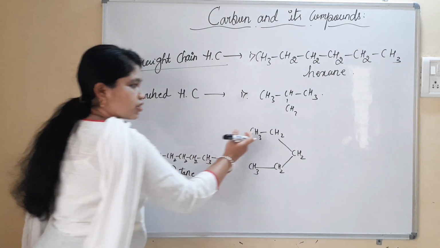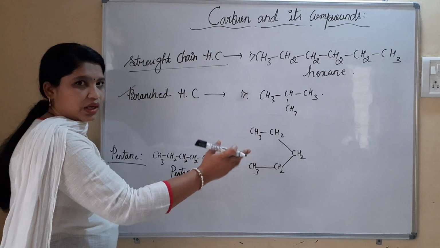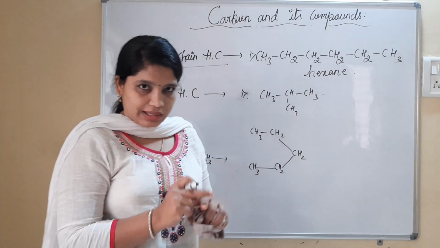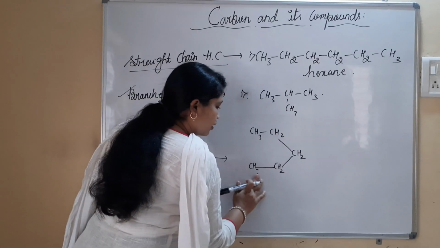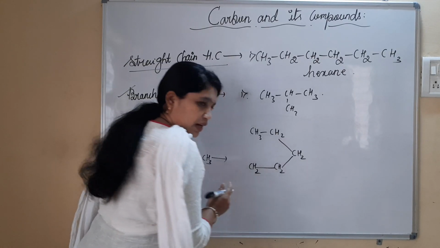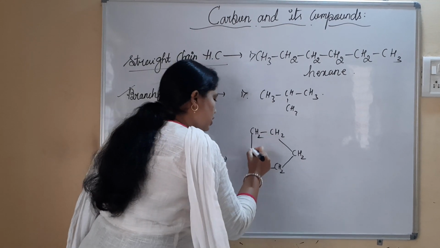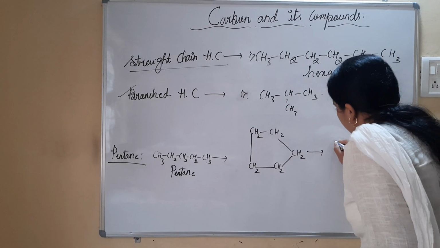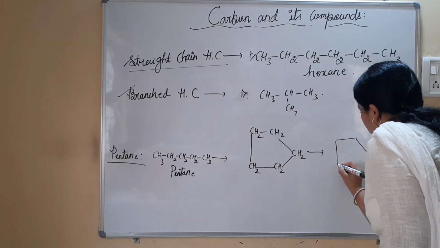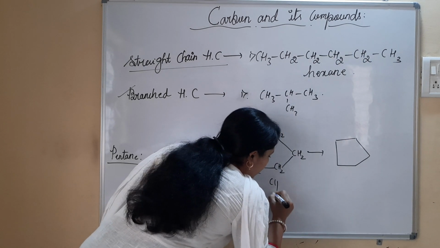The straight chain can also be written in this fashion. No issue. It is not considered a branching, but it has just been represented in this way in order to get the proper cycle or proper ring. How? See, this is going to be replaced by one of the hydrogens. This is also going to be replaced by one of the hydrogens. Just combine those to each other. So this structure can also be written like this. Can you see? So this is referred to as cyclopentane.